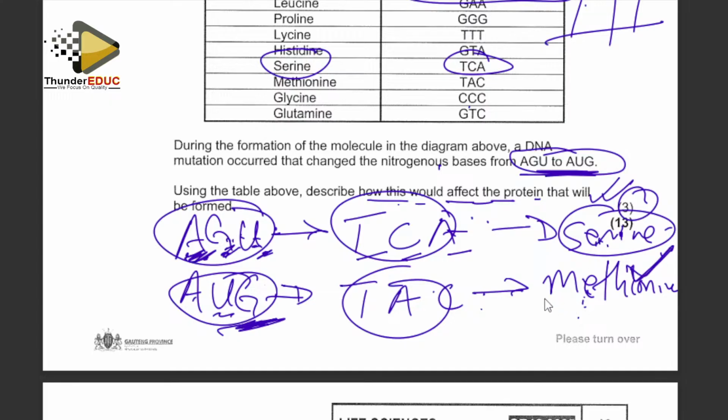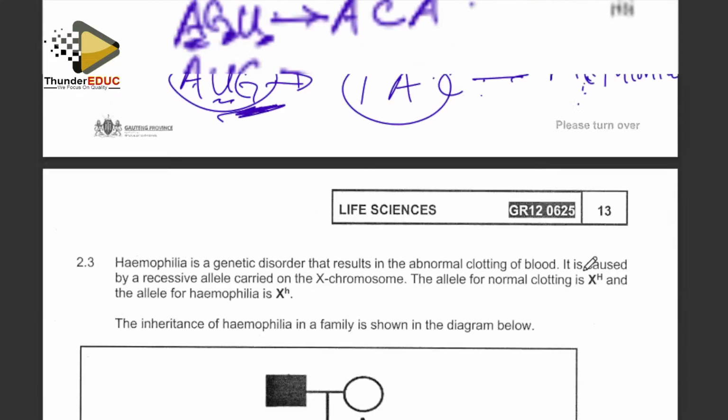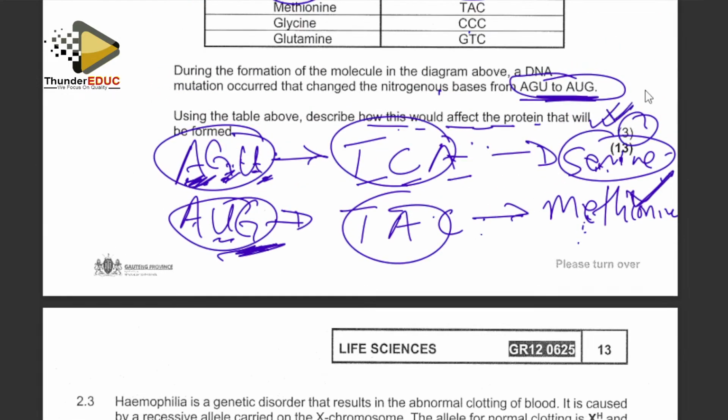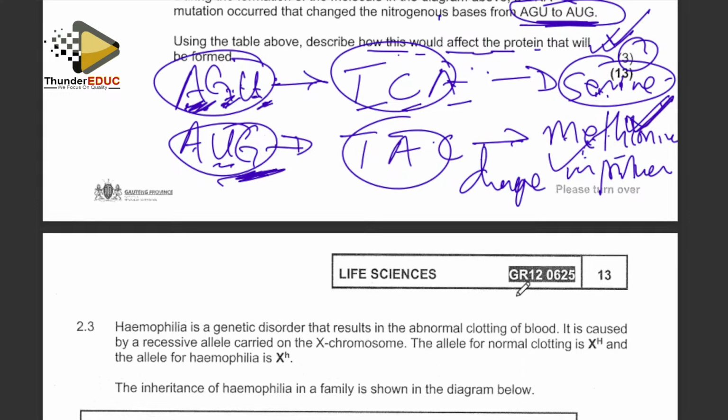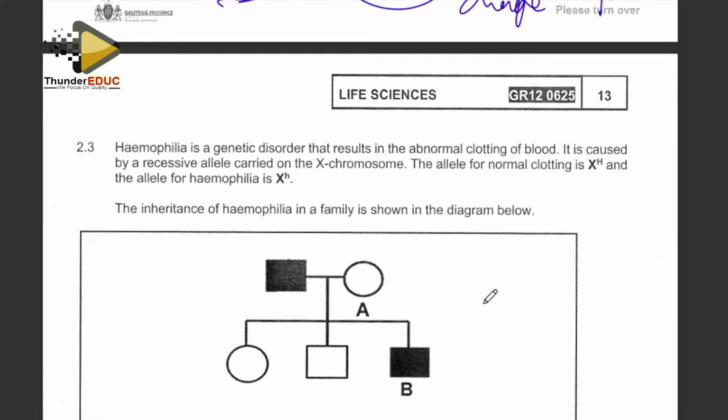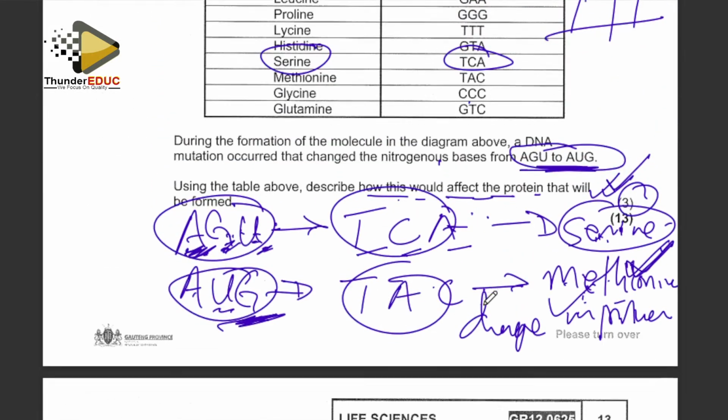So we got the next question. The mark is here, the mark is there, and then there will be a change in the protein. Also, that will be another mark. The 3 marks. We continue. A new protein will be formed. Maybe they will say that a new protein will be formed, meaning that the protein has changed. So we got the next question, 13 out of 13.